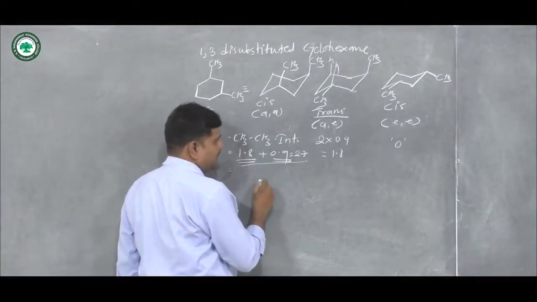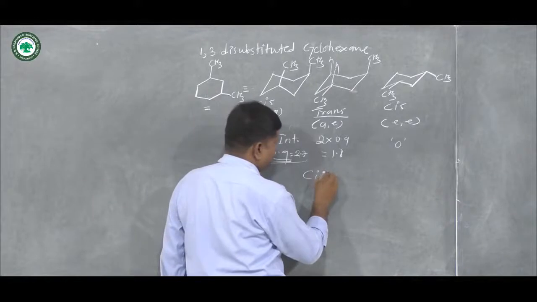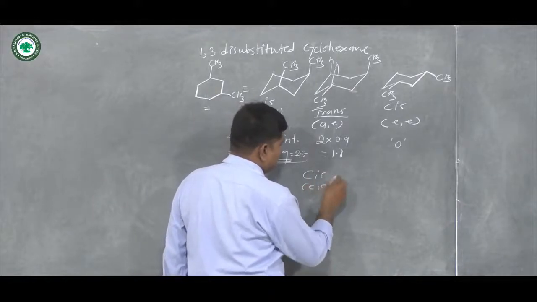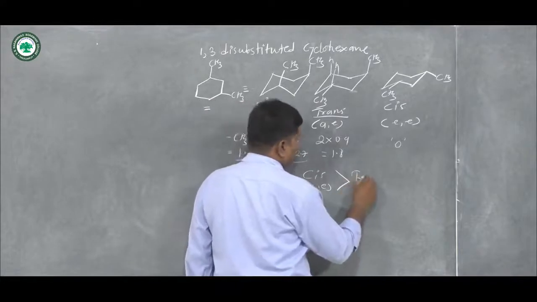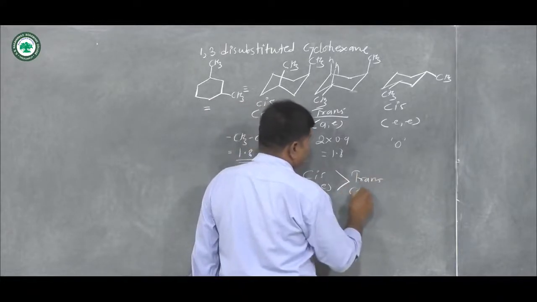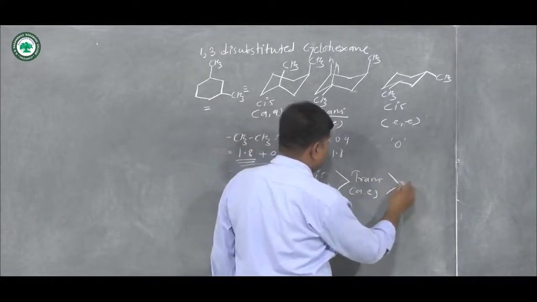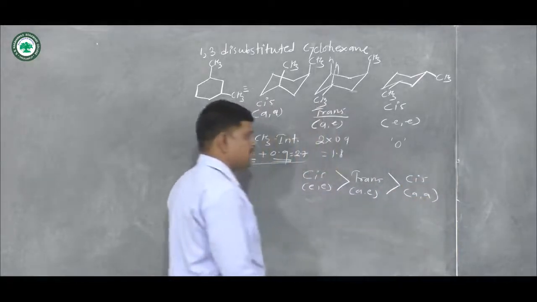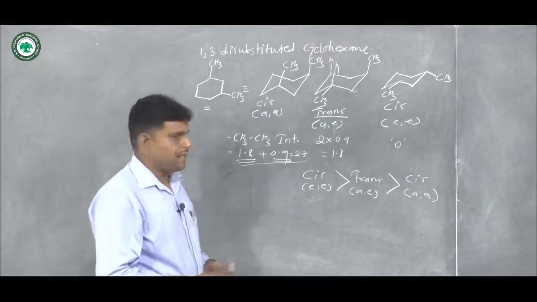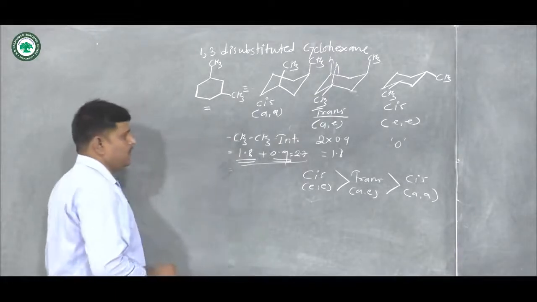So we write here the stability order: cis equatorial is more stable than trans axial equatorial, than cis axial. Okay, then we go for